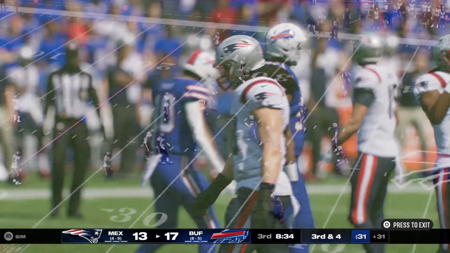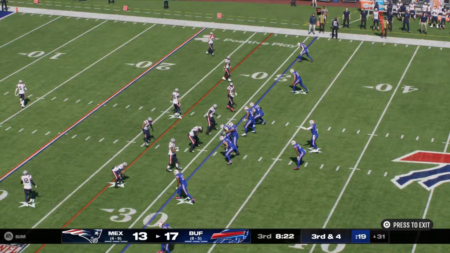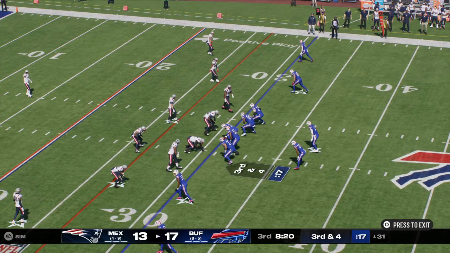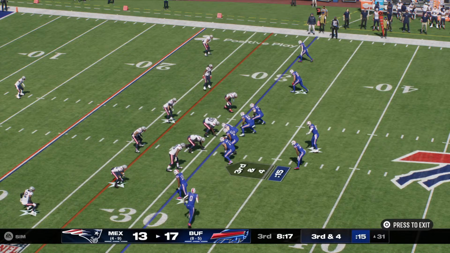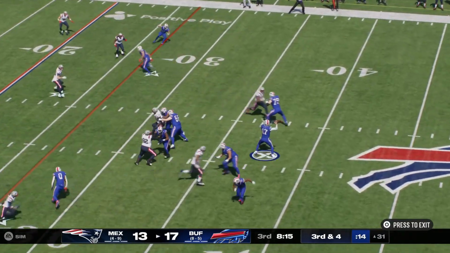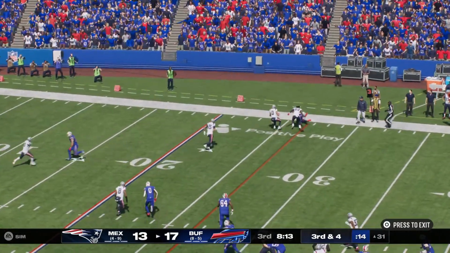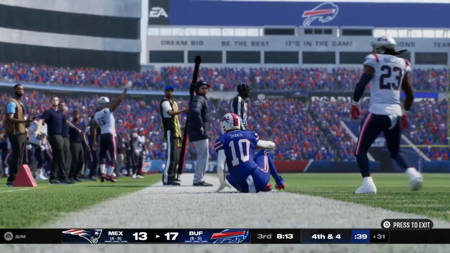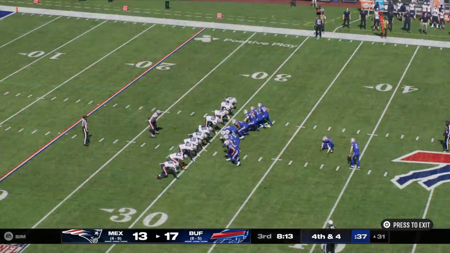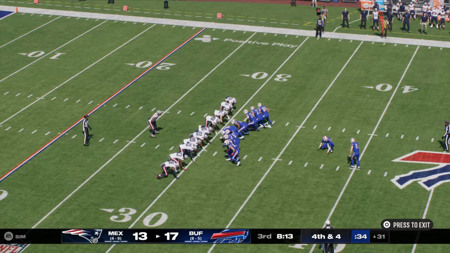Well, you certainly have to give a little credit here because they are playing this game now at their pace. This is ball control football, sustained runs, taking their time, and making it work. And this pass broken up. Excellent coverage there on 3rd down, as that was not an easy one to hold on to. Results in a 4th down.